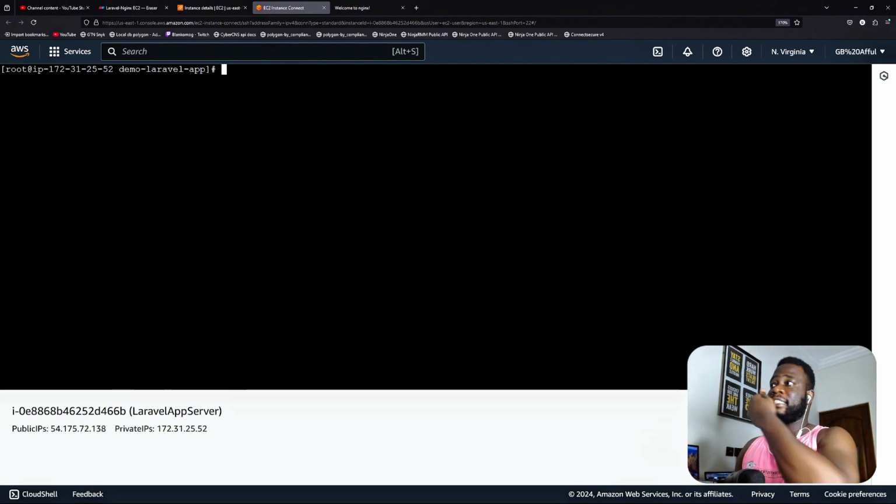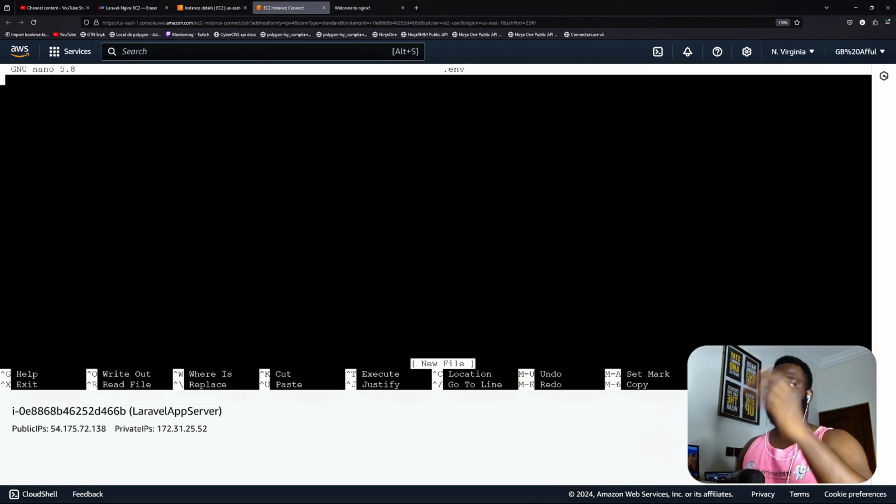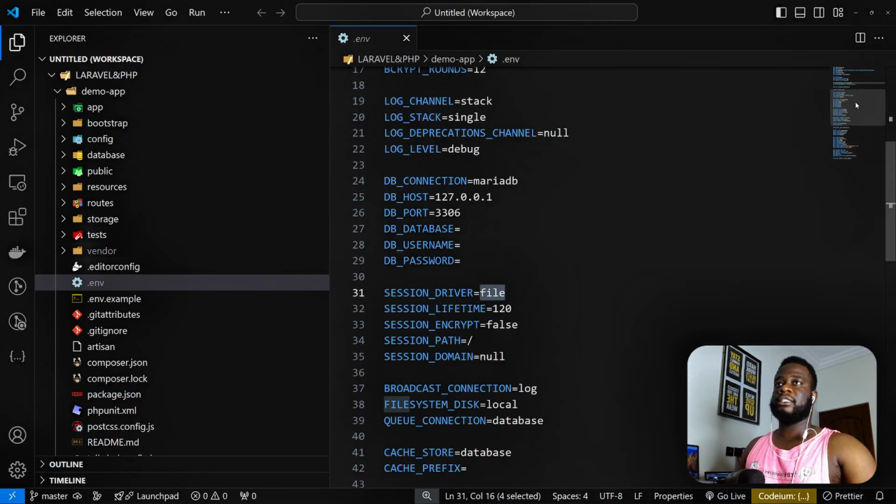Right now, the next thing is that for every Laravel install, you need the .env. Remember that with the environment file, we do not commit that to the repository, so we'll need to create our own .env. Okay, so for that we can do a nano .env. Okay, now this will create a fresh new file. So over here you see we have the new file, and then what I'm going to do is that I'm going to copy the current environment